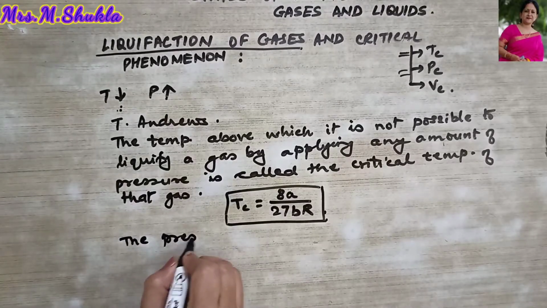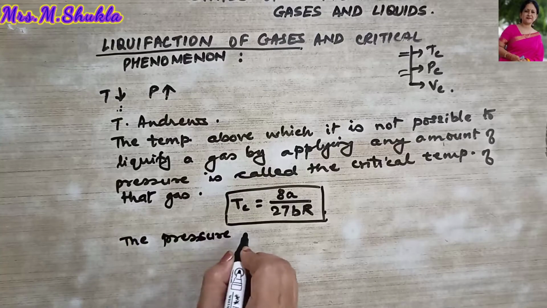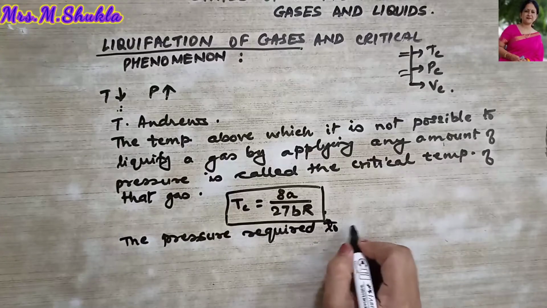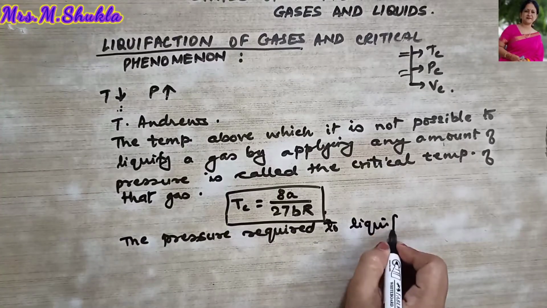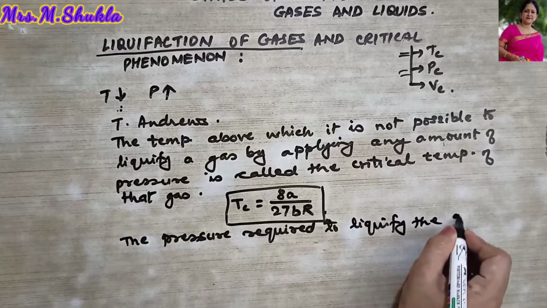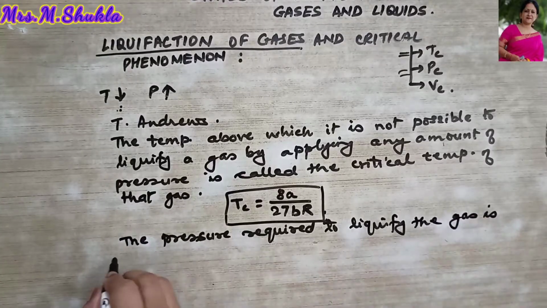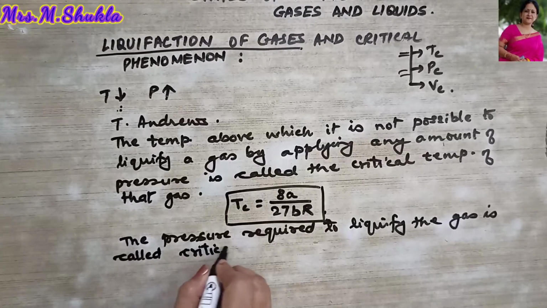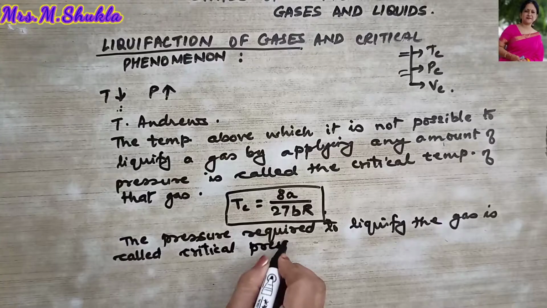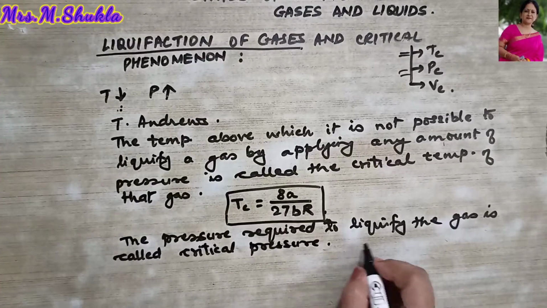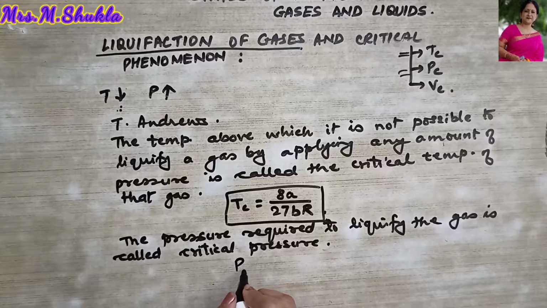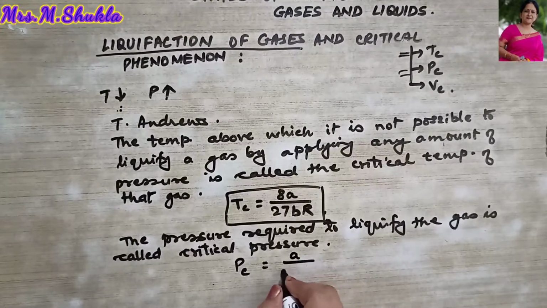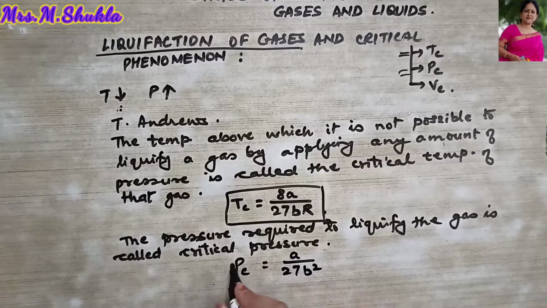The pressure required to liquefy the gas is called critical pressure, right? How is this represented? It is represented like this, Pc, and this is equal to a upon 27b square,